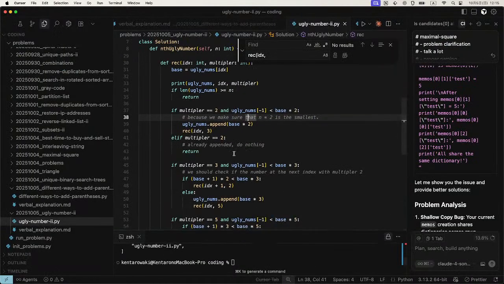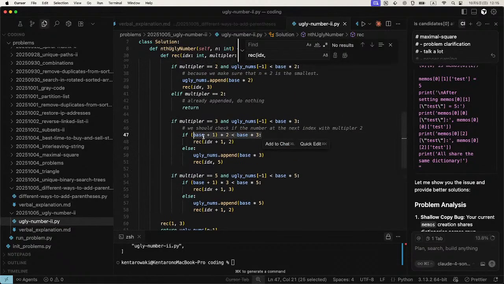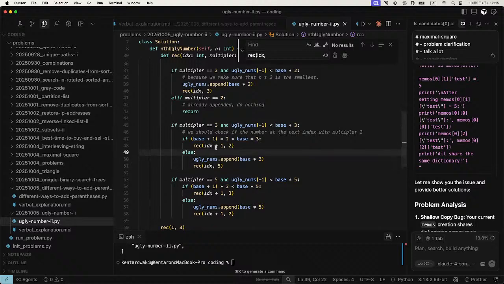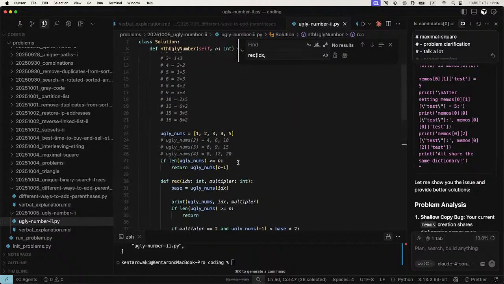Okay, so in this case, we check, we want to append the number at next index times 2, but after that we should append this number, right? So